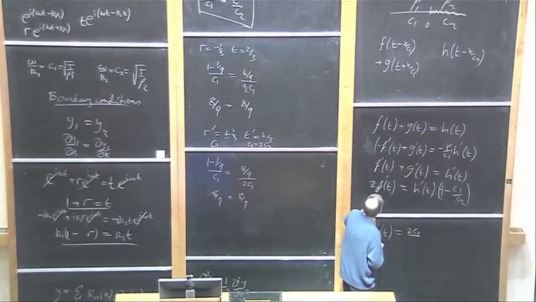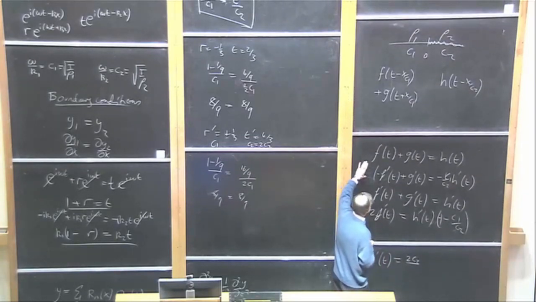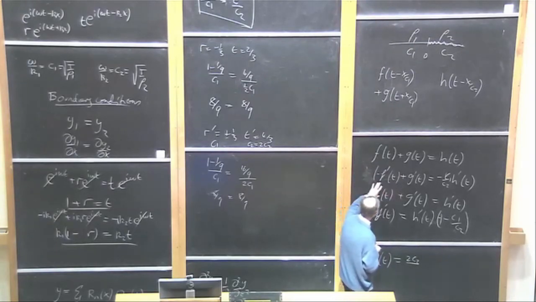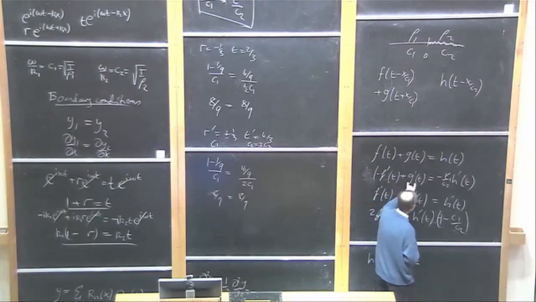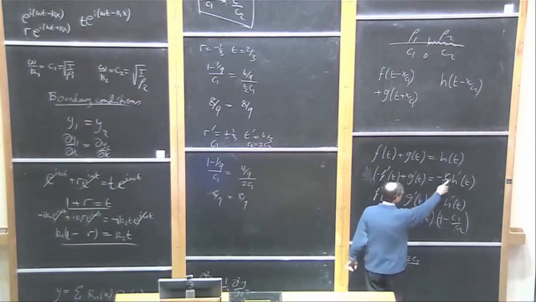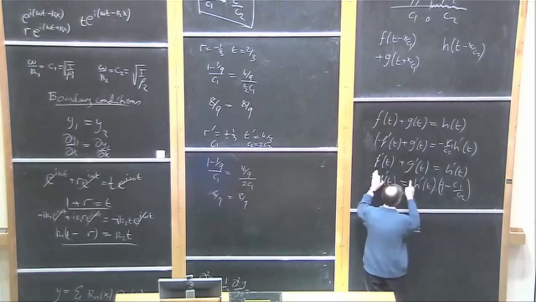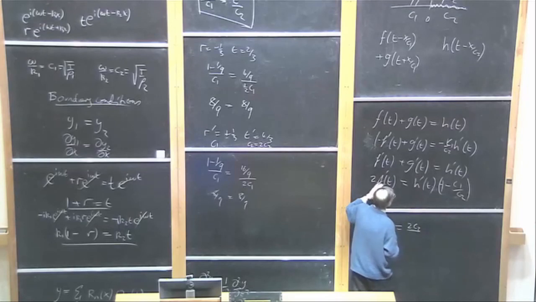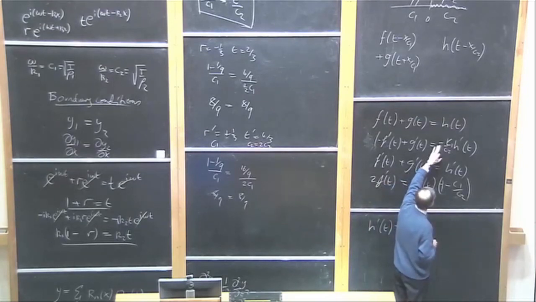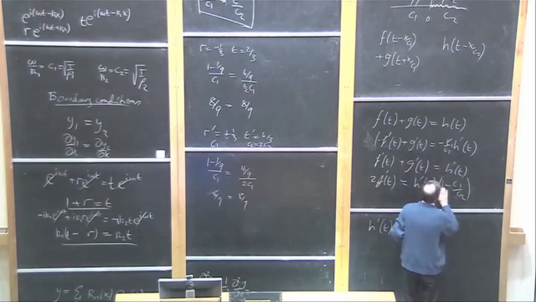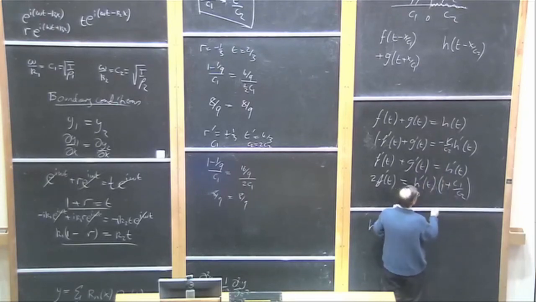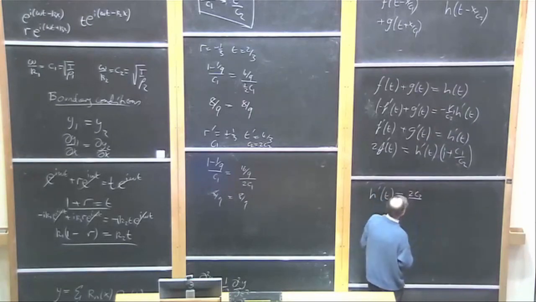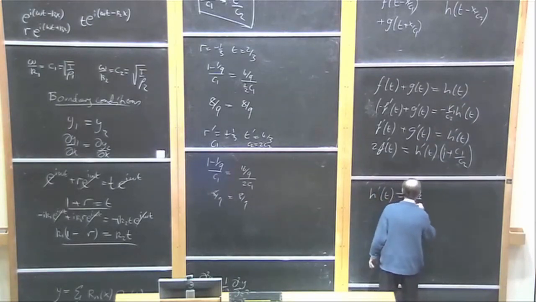Let's do that again. It's important to get the signs right. It took a while. So here we had f plus g equals h, which is correct. Here we have minus f plus g is minus h, and I've multiplied through by c1. That's correct. f prime plus g prime is h prime. So now I'm subtracting that from that to give me 2f. I'm subtracting that, so that comes in with a plus, and that. So they're both pluses. Right. So 2c2 over c1 plus c2